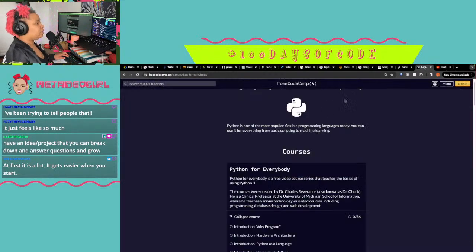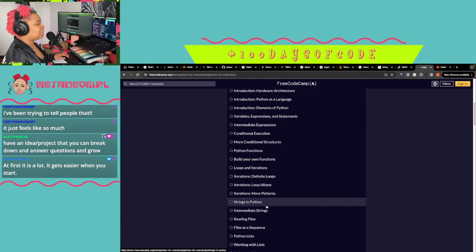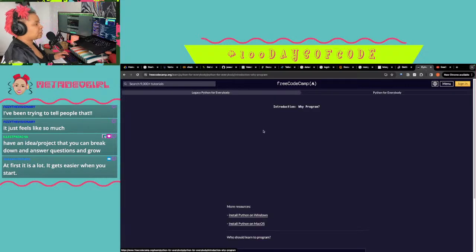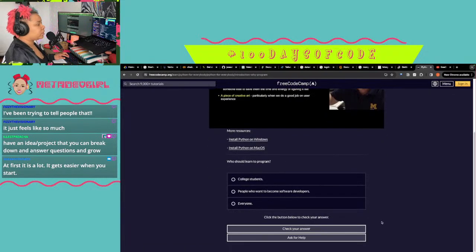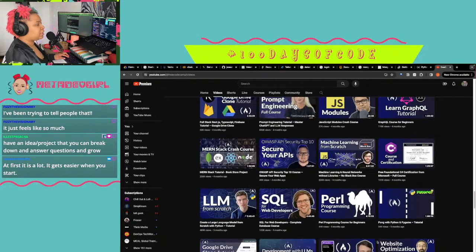So with Free Code Camp, when you go through different components, a lot of times you're basically building onto something. So you probably would like that Python one, because they should be going through many projects as you go along.